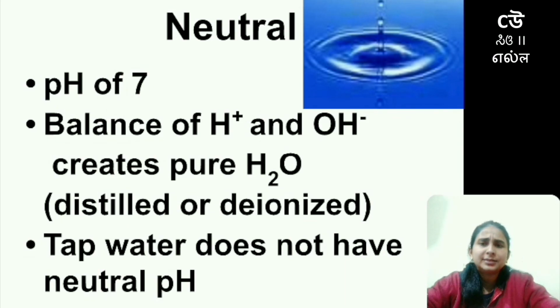It can be a distilled or deionized one, but water is one such substance that is neutral in nature, therefore its pH value is going to be around 7. Then it doesn't apply to each and every water. If we talk about tap water, it will